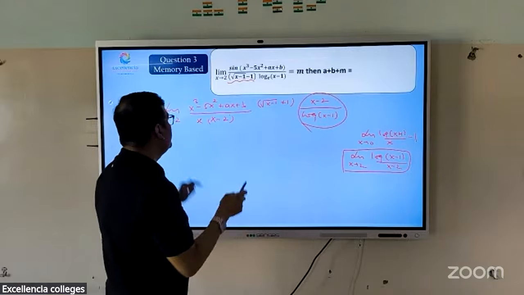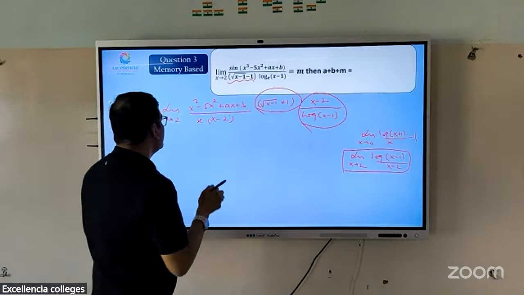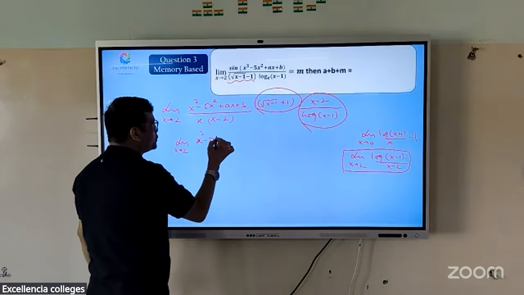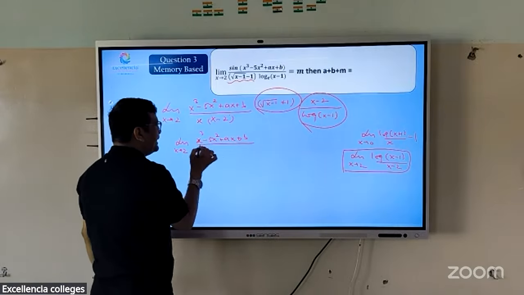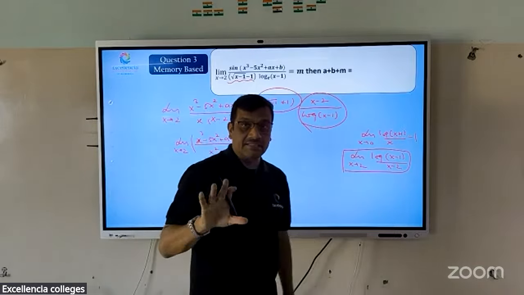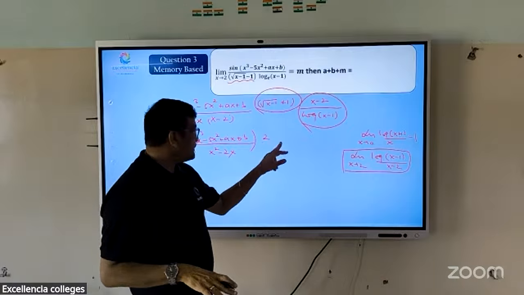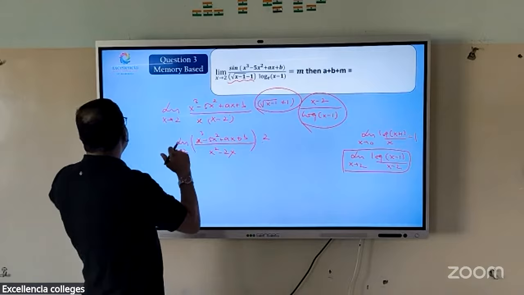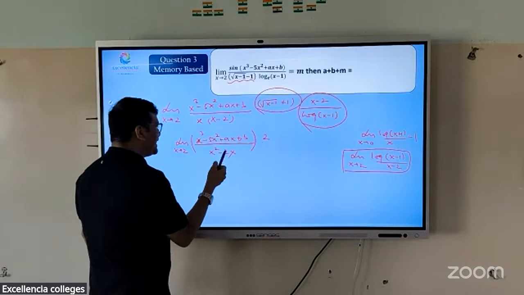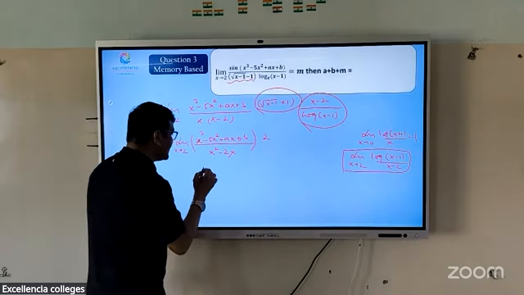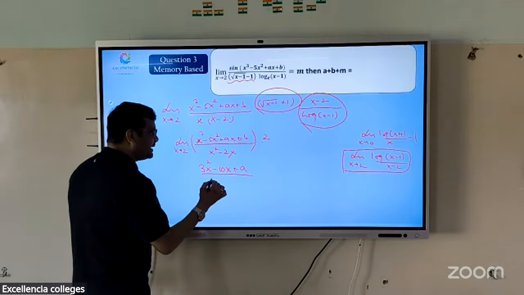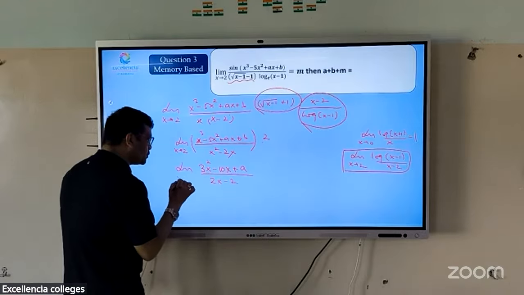So we take limit x tends to 2, x cube minus 5x square plus 5x square minus 2x. Correct? It will be 2 here on the side. Am I correct? Now, this is 0 in the previous. We have taken this condition. This is 0. Now, this is 0 by 0 form, so I can apply L'Hospital's rule. So this becomes 3x square minus 10x plus 8 by 2x minus 2, limit x tends to 2. Don't forget the 2.